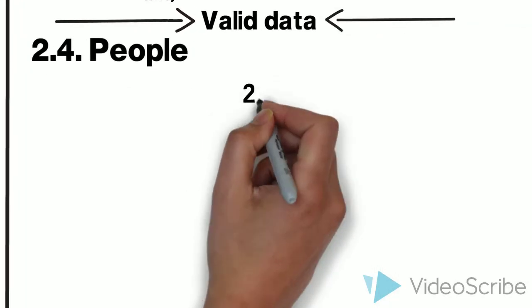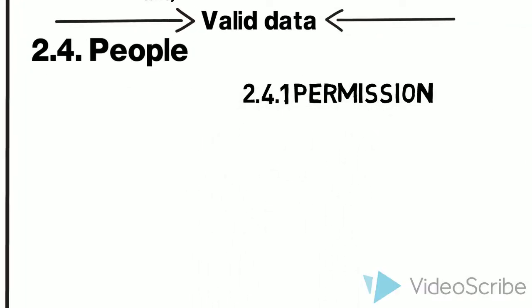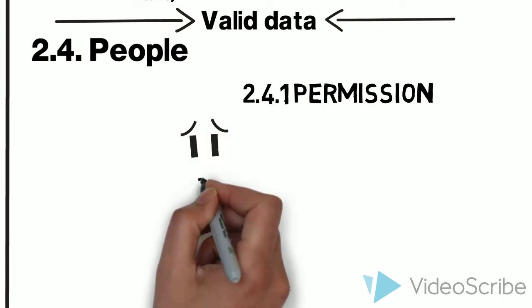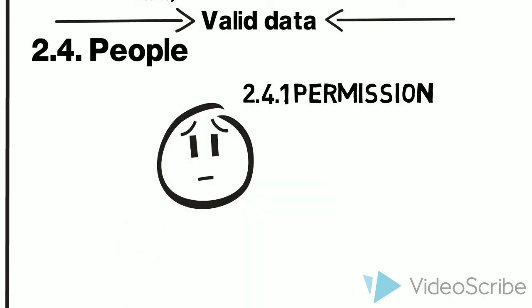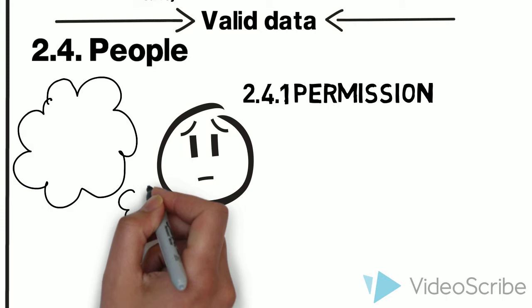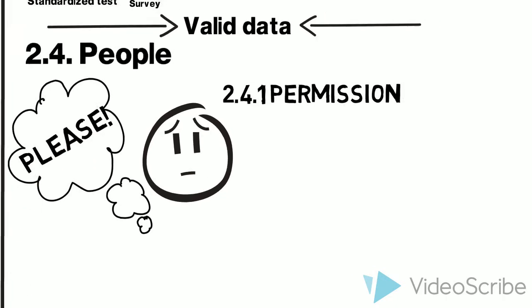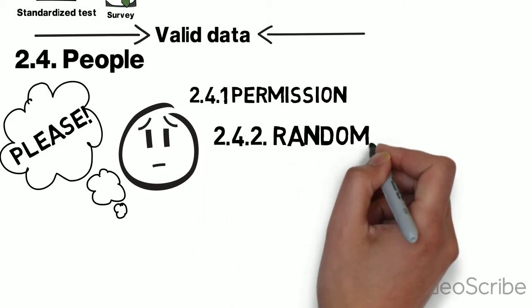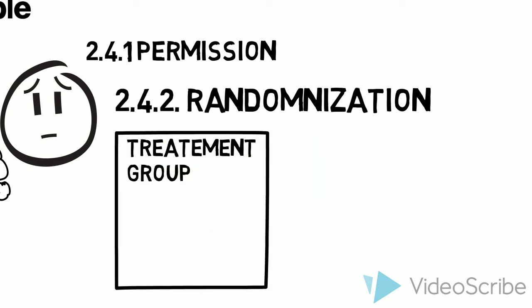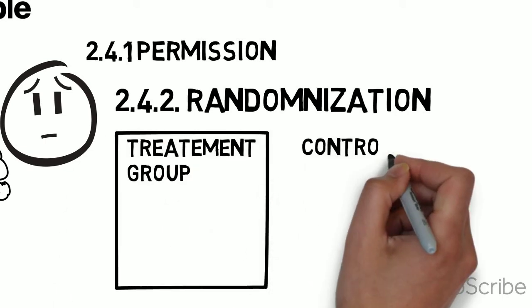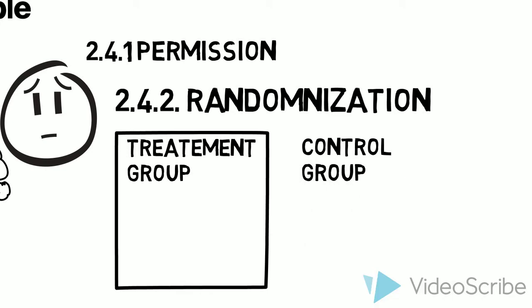You cannot start the research without having the consent of the people that will be participating. Once you've selected the population of your research study, you need to randomize the population by creating two different groups. One group is called the control group, and the other is called the treatment group. The treatment group is the one that will be the group